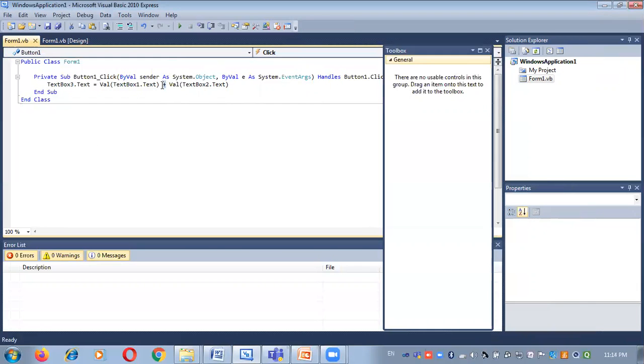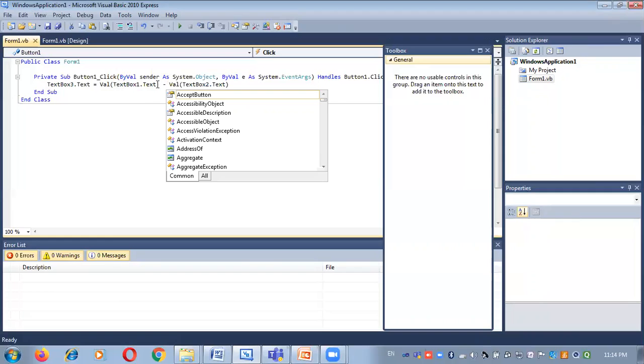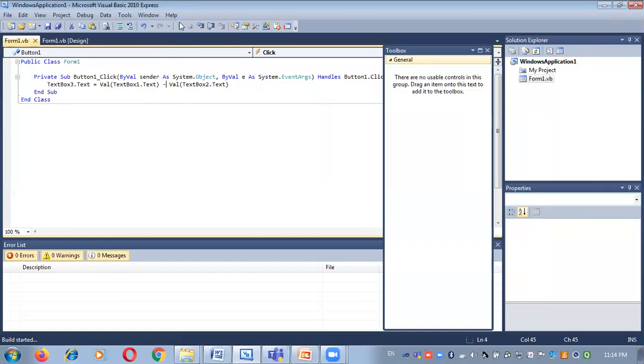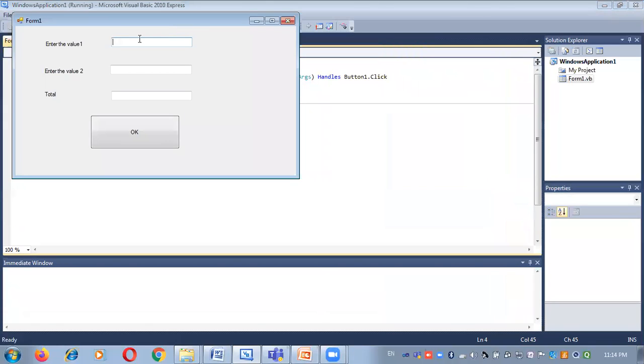Likewise, you can subtract two values. You just change the operator here and run the program. 12, then 10, and click on OK. After clicking on this OK button, the output will be displayed.